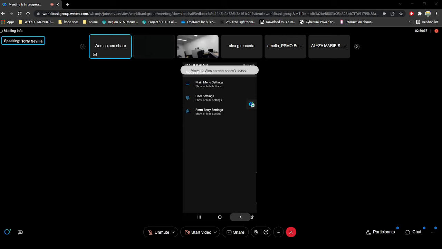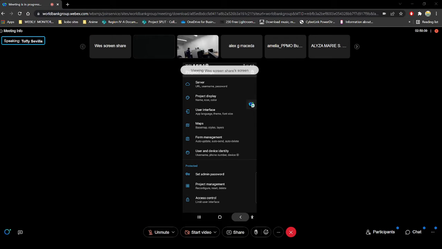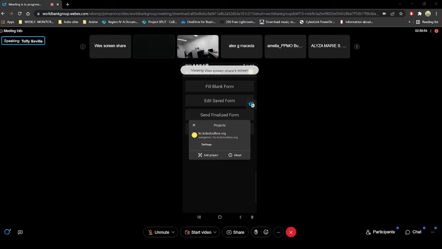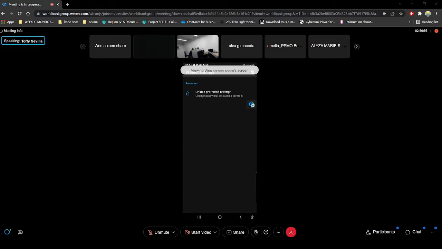I really need to restrict the main menu settings, but this is more to prove a point. And when I go back to the main menu, you see that delete saved forms or sent forms is no longer there. Now we have this completed, right? We have our app fully restricted, basically. If I try to go to the settings,